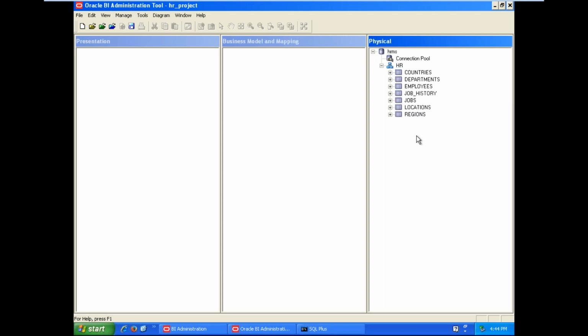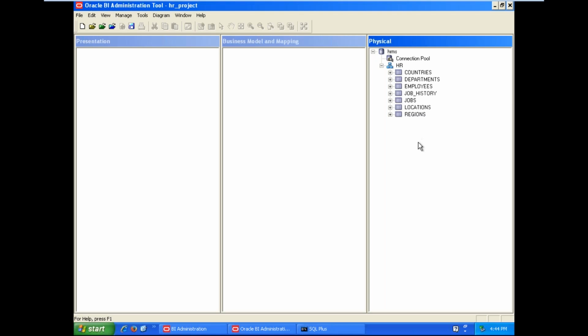Now, what is the next step here? Once we have imported the necessary objects, we can apply the relations between those objects. How do we apply the relations between the tables? First of all, we need to verify them: which one is the parent table and which one is the child table. The parent table has a primary key that is defined as a foreign key in another table.